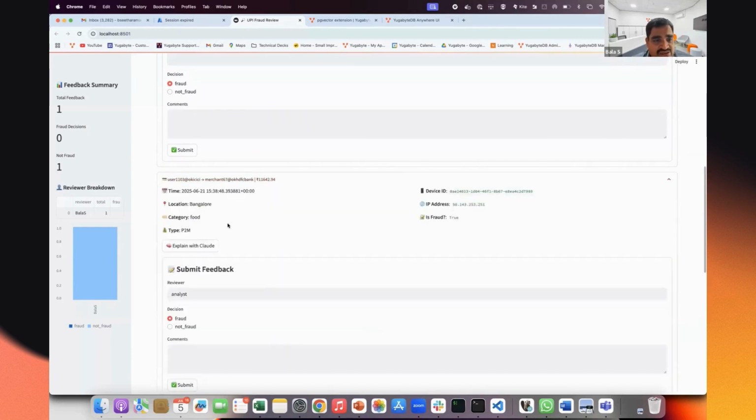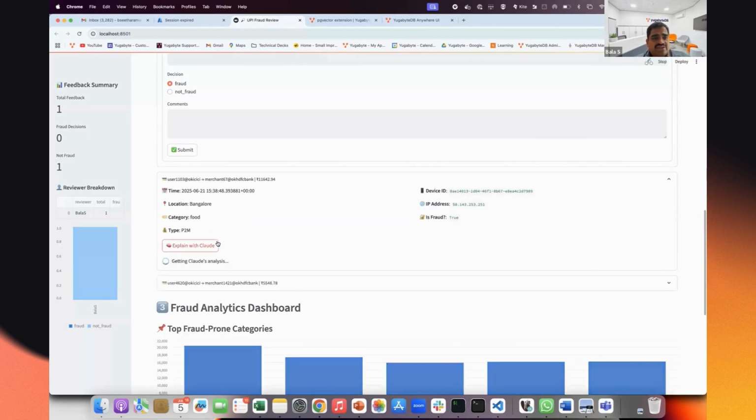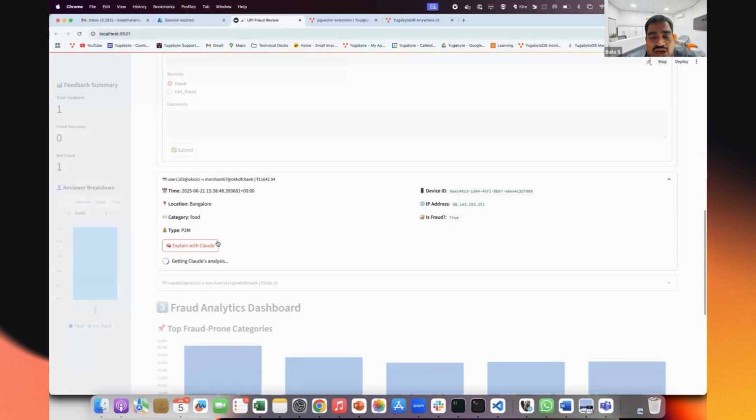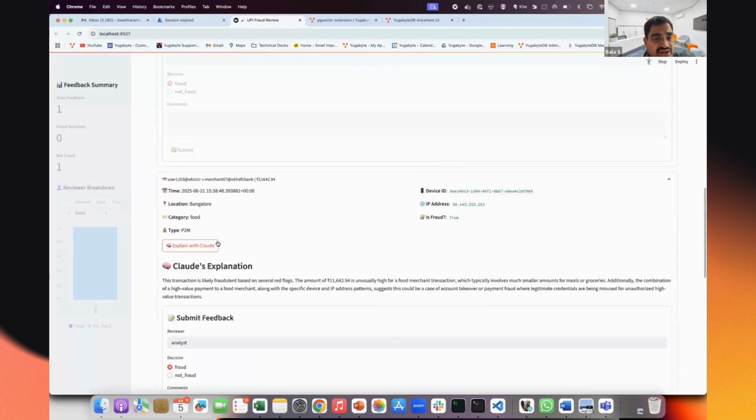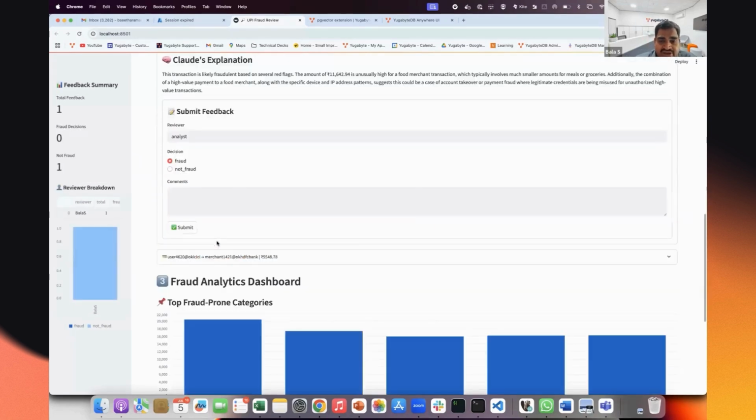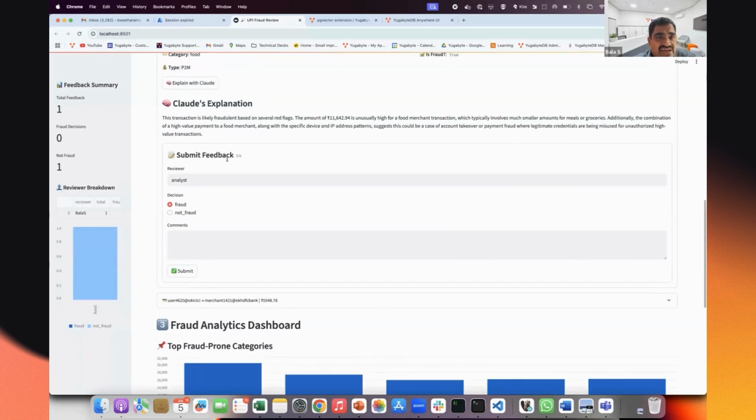So this is a food transaction actually, and this is again coming up with the fraud tag itself as true. So let's go and analyze here. Let's see what Claude's analysis is. So it is also hitting an API, and it immediately comes up. Yeah. As soon as it says that this transaction is likely fraudulent for several red flags, the amount 11,642